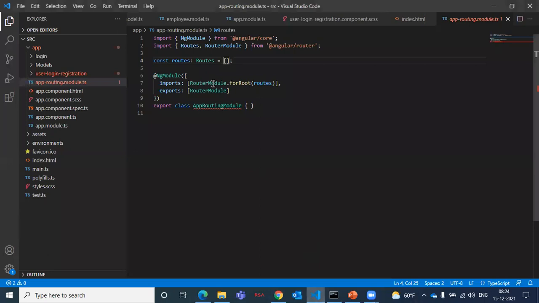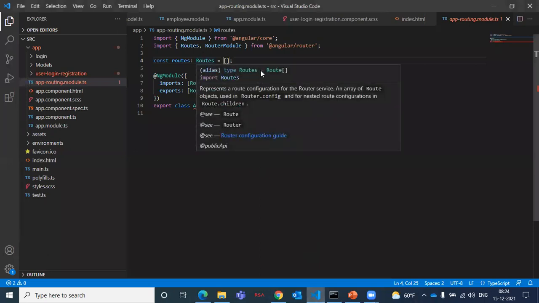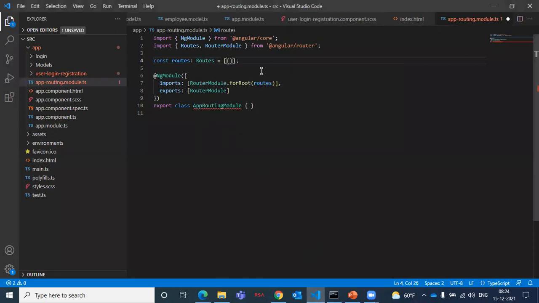Okay, so how will it be? Now go here. This is the path, right? Here they are saying you have one path. The user wants to navigate to which page? The registration page. For that registration page, I need to load a component. Which component do I need to load?